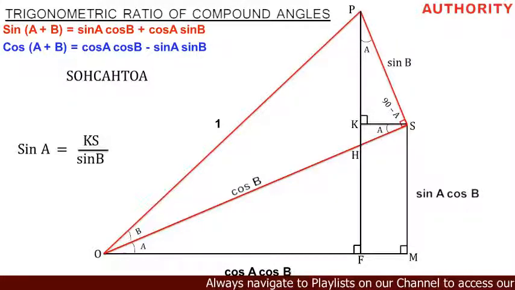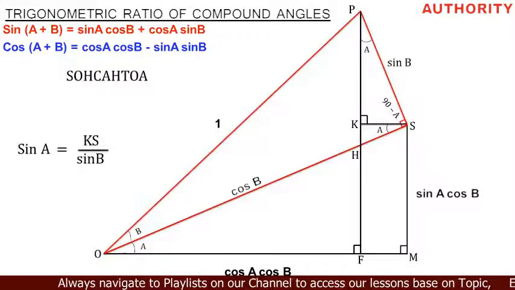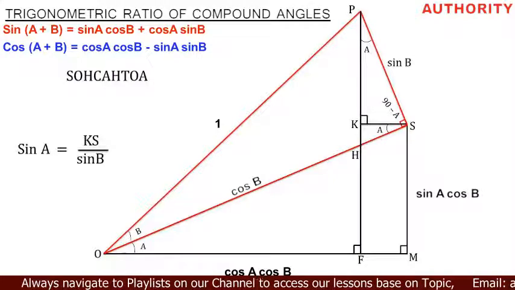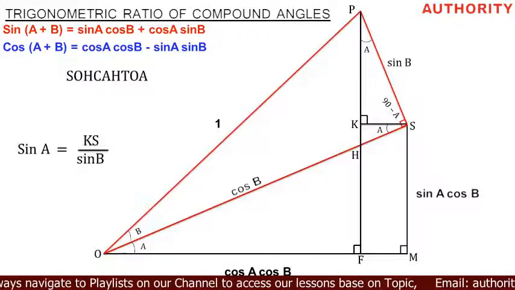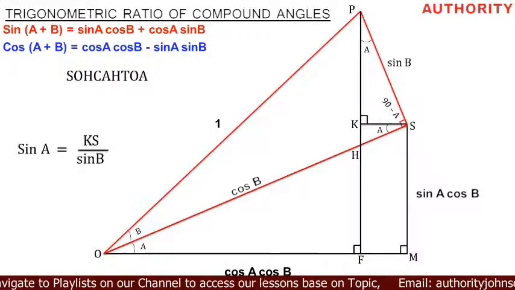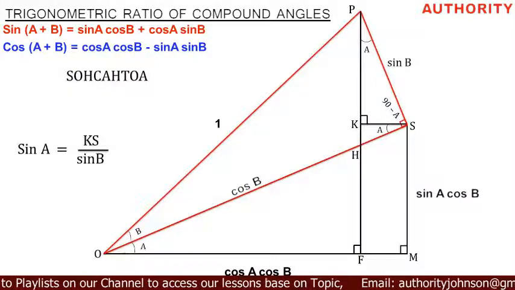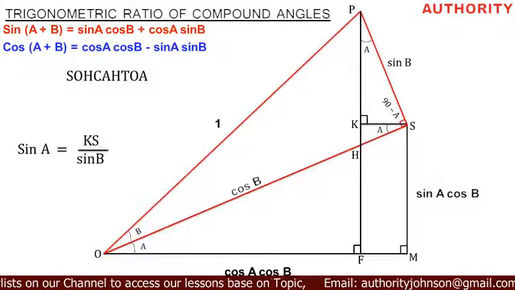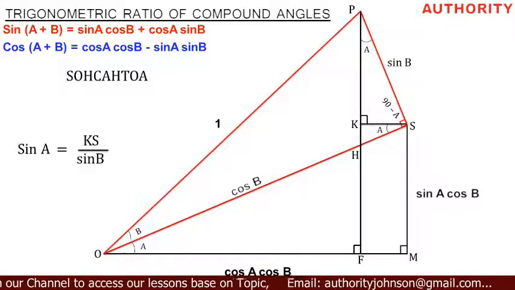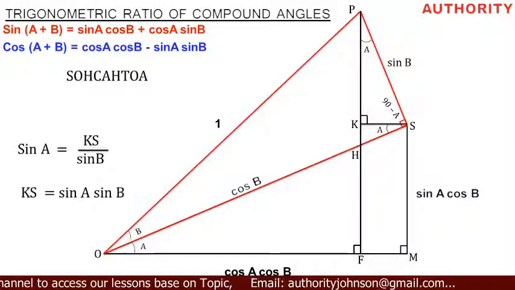Is that true? Yes. In triangle PKS, we want to find line KS, which is the opposite. So we make use of sinA. We are looking for KS, so KS is equal to sinA